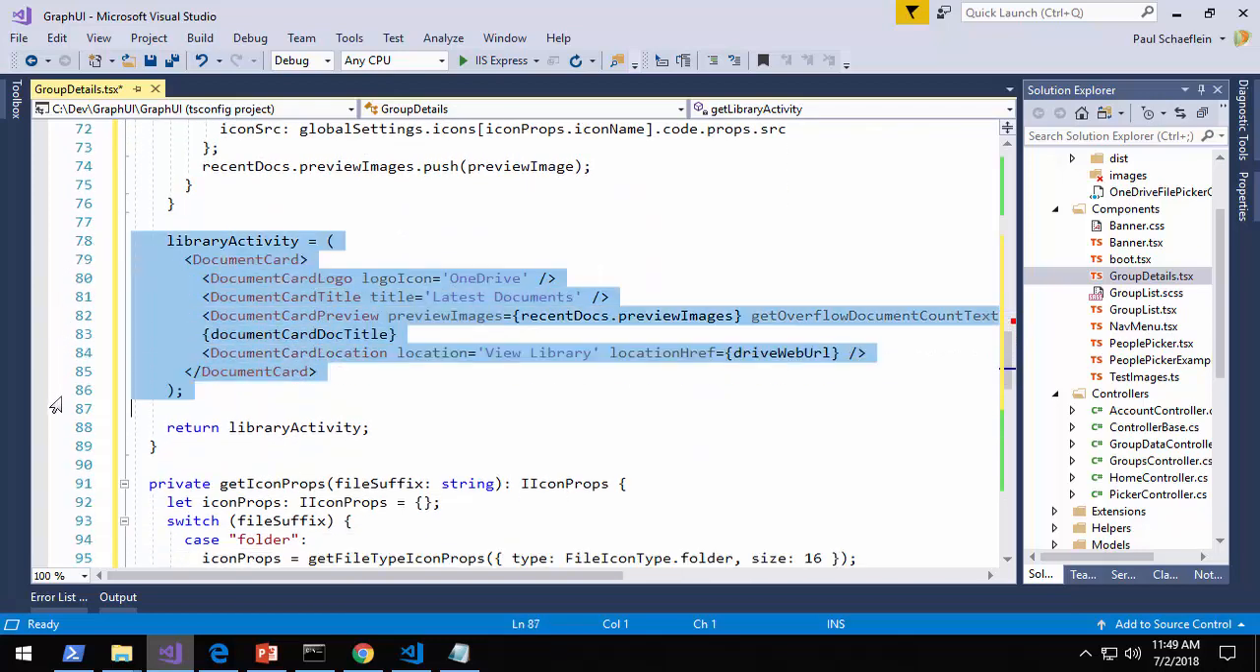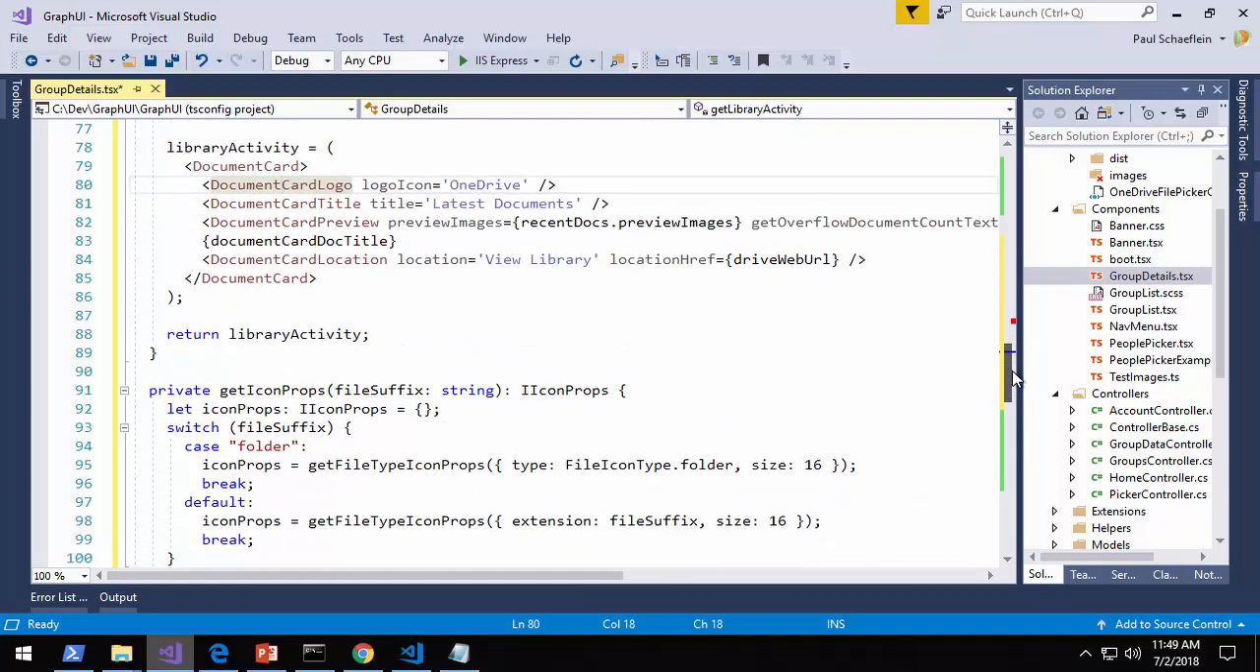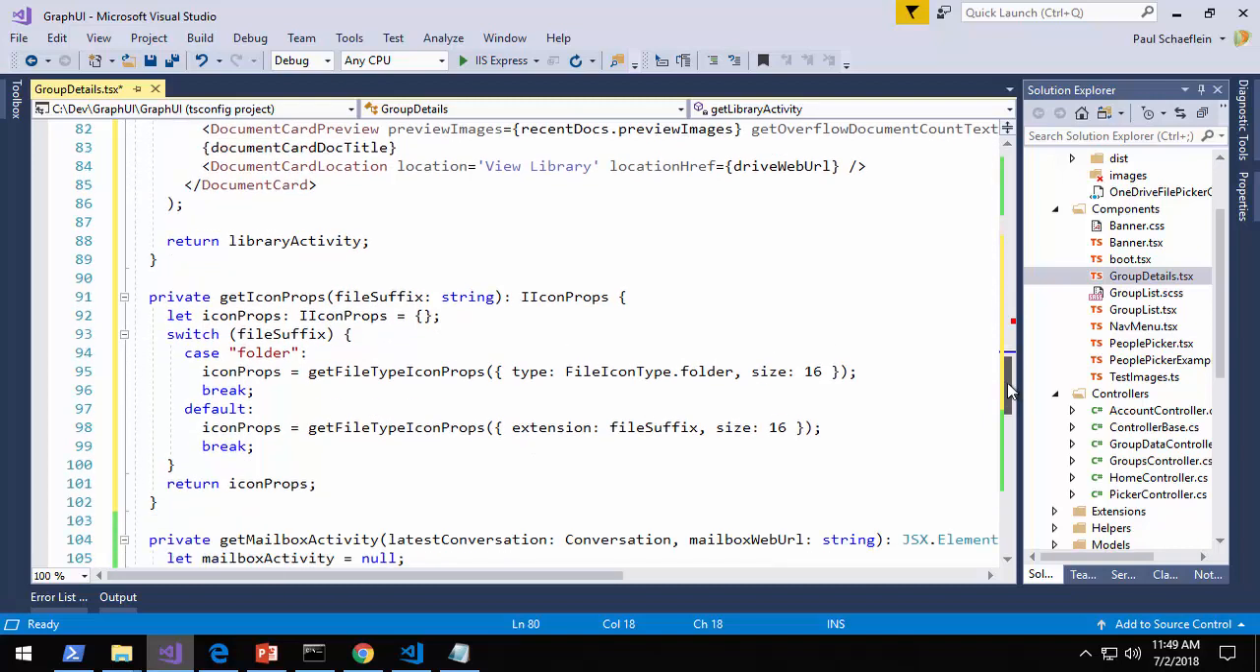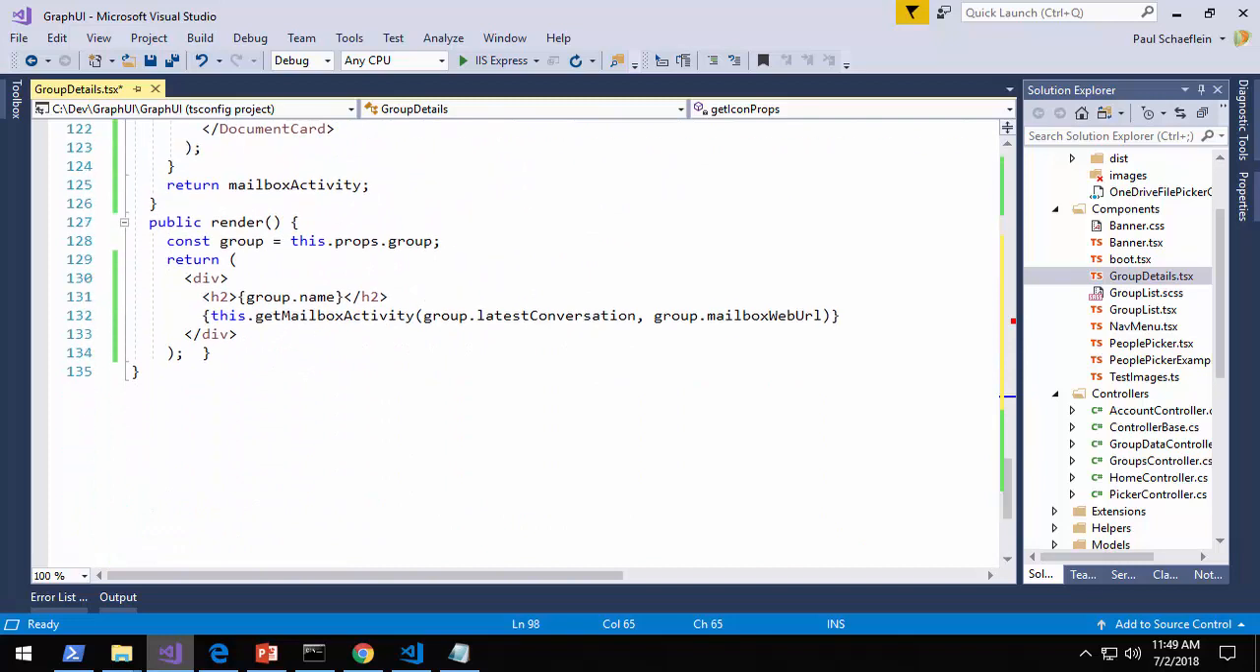Then I have my library activity, and again, I'm building up using the various pieces. So I have my OneDrive logo. The preview, again, is going to be that preview image of the one document or the collection of them, and a link to that library as well. Now, there's some code in here that will probably be changed as the Office UI Fabric gets updated, but I'm doing some work here to look up the icon using the document suffix to determine what the icon type will be. Okay. Now, I need to include this in my output as well, so I'm going to scroll down